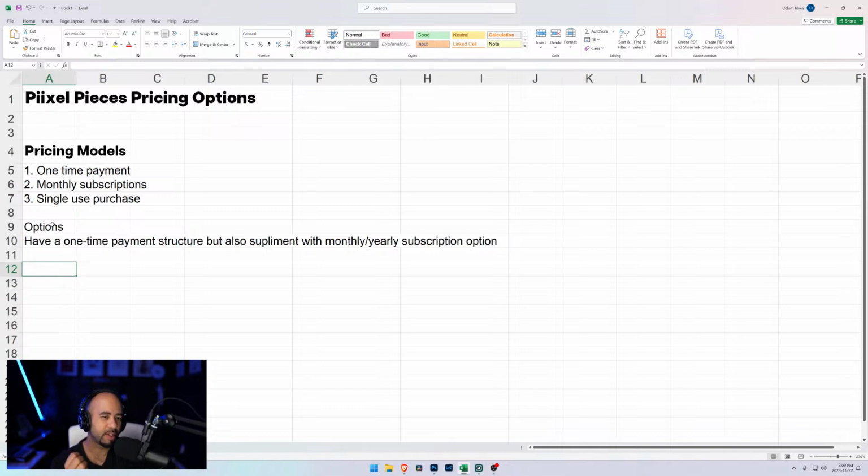But would that hurt me? What I mean by that is, say somebody's going to buy the one-time payment and they're like, oh, you know what, maybe I just need it for a month, I'll just do it for the 30 days or whatever it is, and then they buy it for a month, and then they don't become that full-time customer. I don't know. I think that's overthinking things too much.